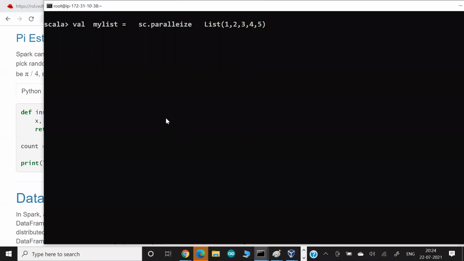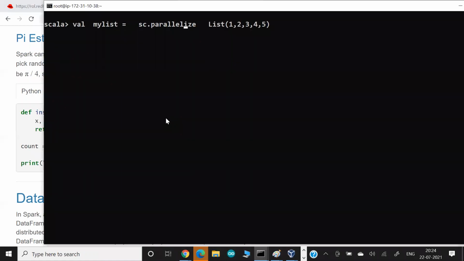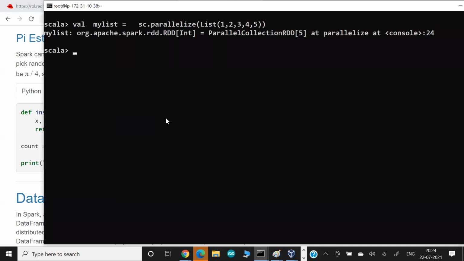I'm storing this information in this function. This is data we're collecting from somewhere, but whatever operation I want to do on top of this data would be in a parallel way.